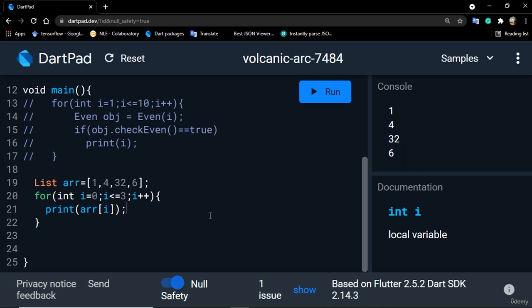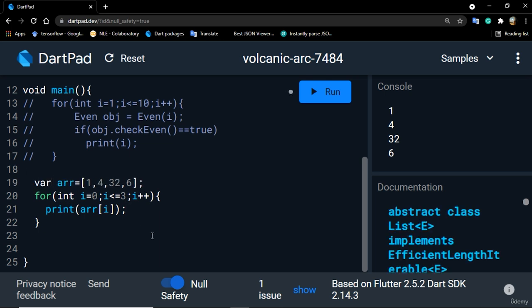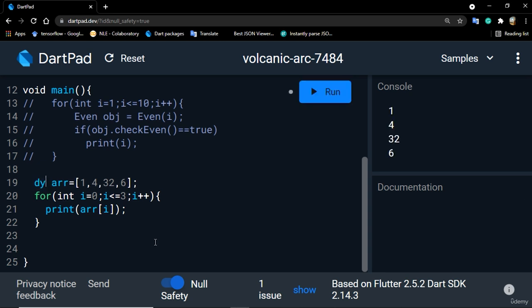You can also specify the variable ARR as var or dynamic. The var or dynamic keyword is used to declare a variable. The Dart compiler automatically knows the type of data based on the value assigned to the variable. Those would yield the